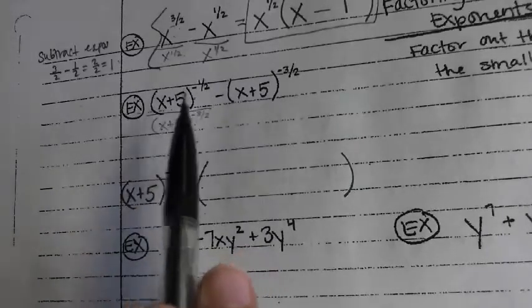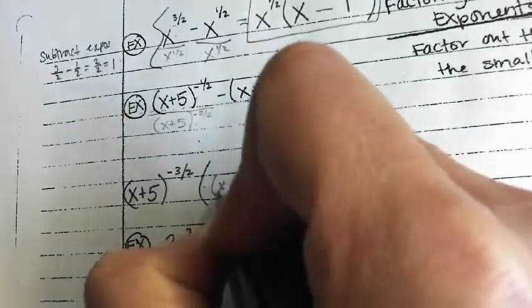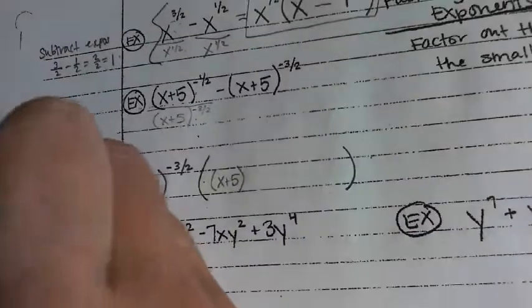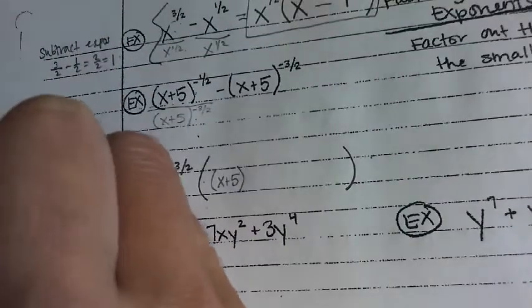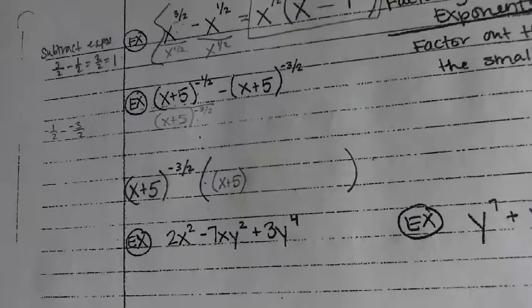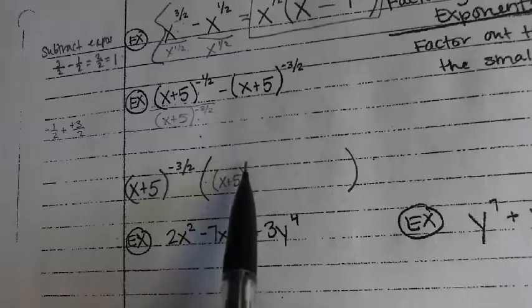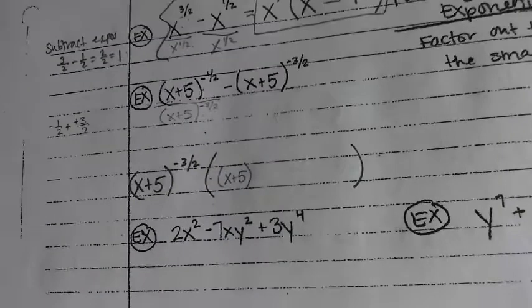So I have to keep that same base, but come up with what my new exponent is going to be. Negative 1 half minus negative 3 halves is negative 1 half plus 3 halves is 2 halves, which is just 1. So that x plus 5 is being raised to the first power, which I'm not going to write,